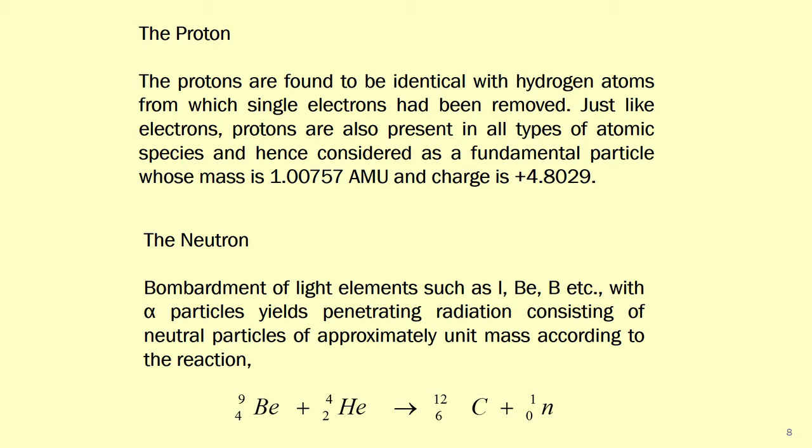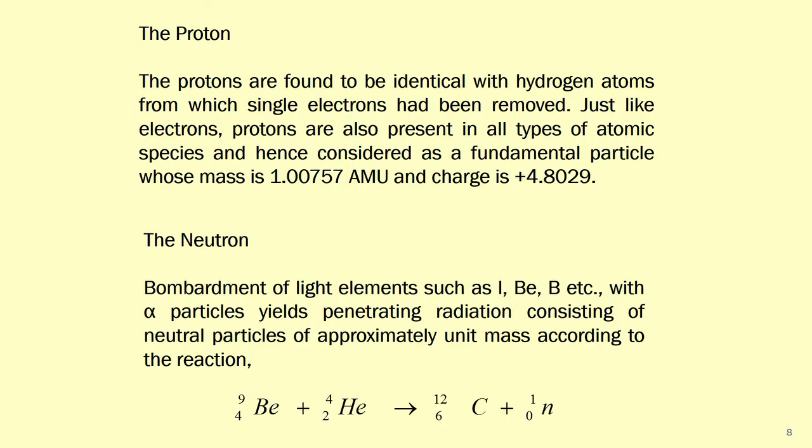4.8029. Okay. Now, we have described electron and proton. How have we described them? We have described the origin of the electrons and protons, and we have described what is the mass of each electron and proton and what are the charges, electrostatic charges carried by electron and proton. Now, then there were other discoveries which led to the